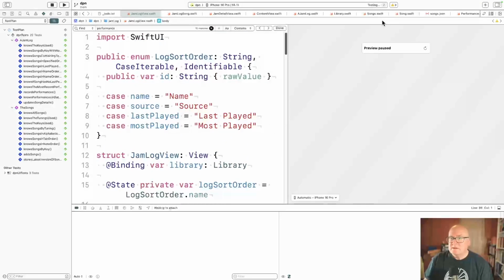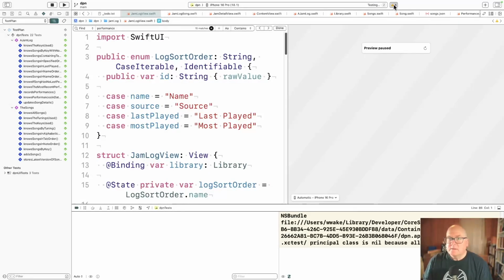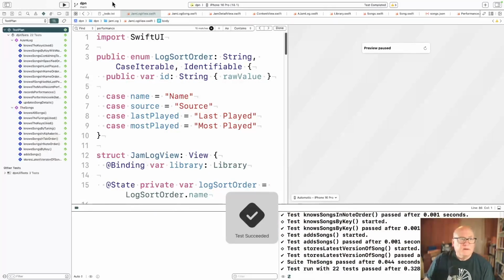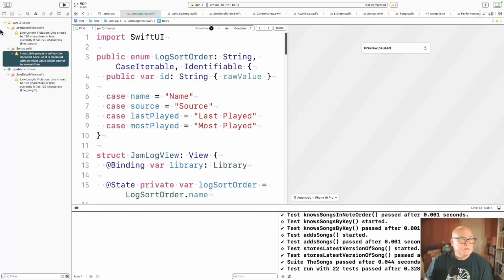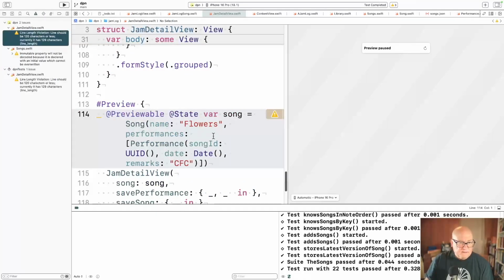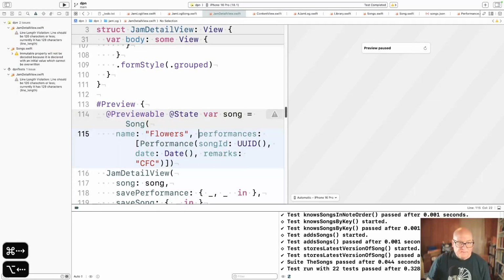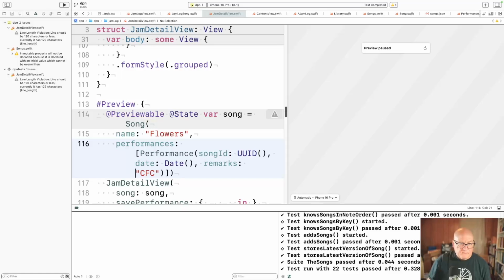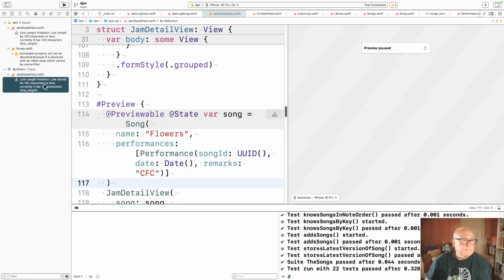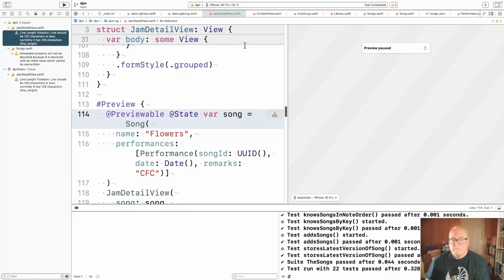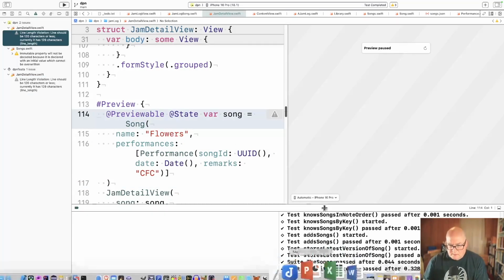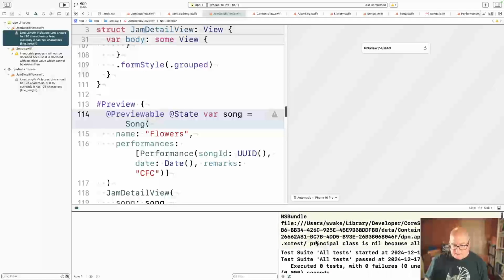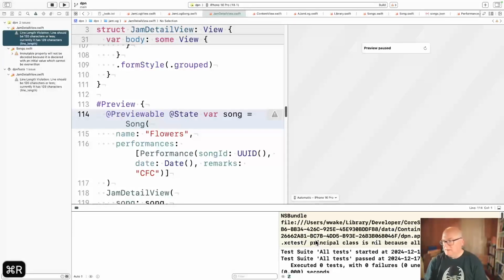Okay, while that's testing, oh, I'm getting more and more problems. Line length violation. Okay. Yeah. All right, those passed, but we mostly touched view, so let's run it.